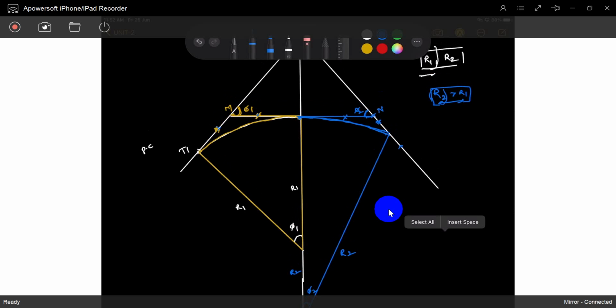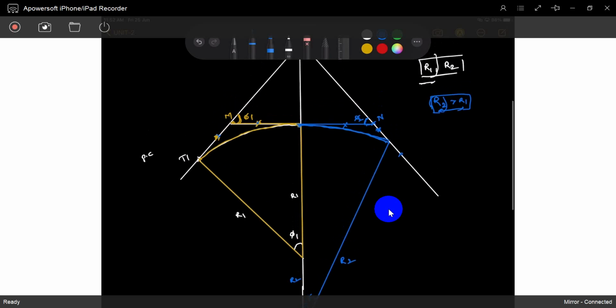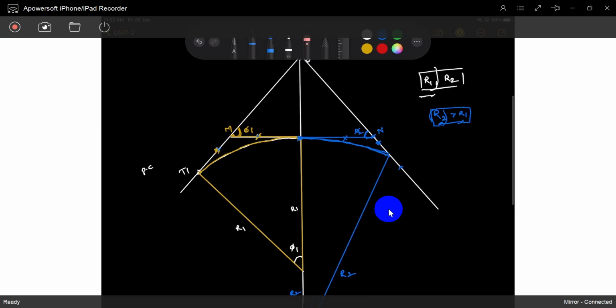This is a simple curve. This is a simple curve. But both have a common point, this is the common point. Are you understood? At that common point we can draw a tangent for this right part and for this left part. That is a common tangent. So that's why this position I call D. We call it the point of compound curve. Point of compound curve. Okay, that is a common point.